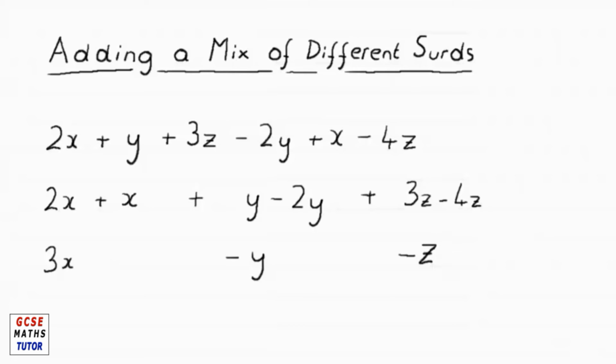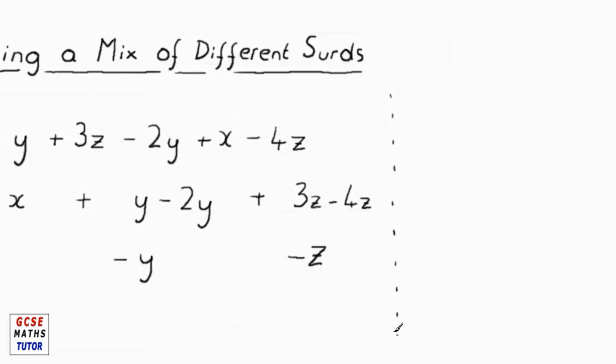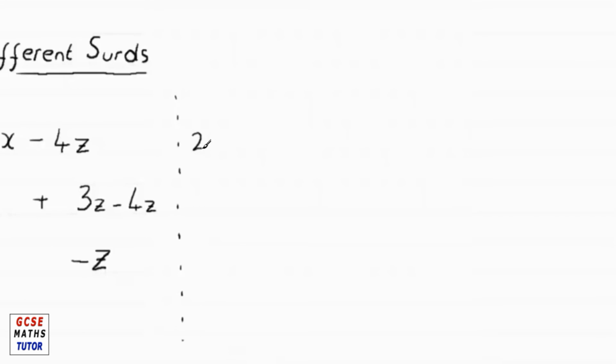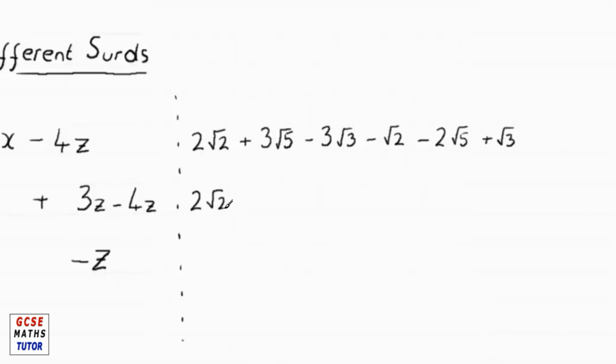Now with different surds, the number within the square root sign is different. So an expression containing three different surds might look like this. 2 root 2 plus 3 root 5 minus 3 root 3 minus root 2 minus 2 root 5 plus root 3. So grouping like surds, we have 2 root 2 minus root 2 plus root 3 minus 3 root 3